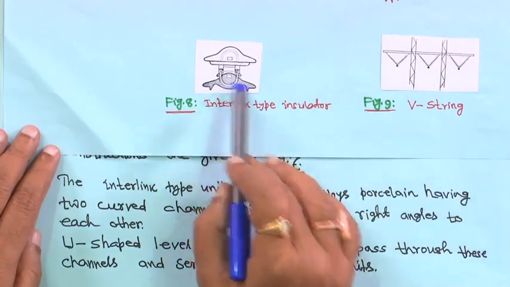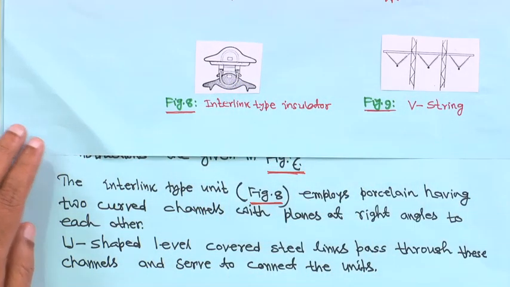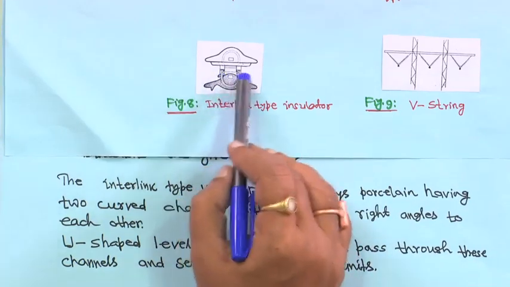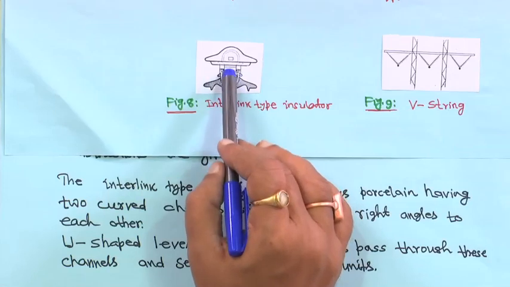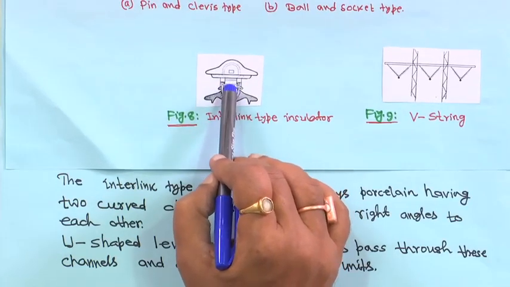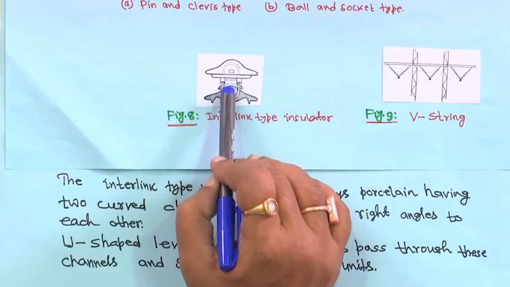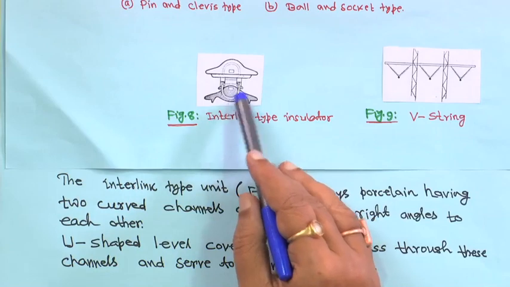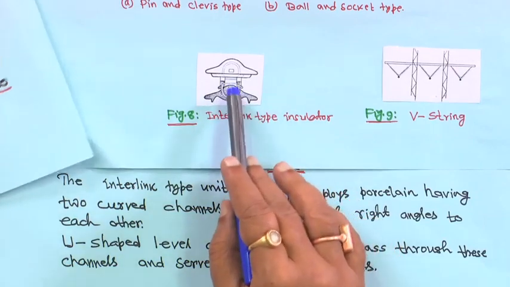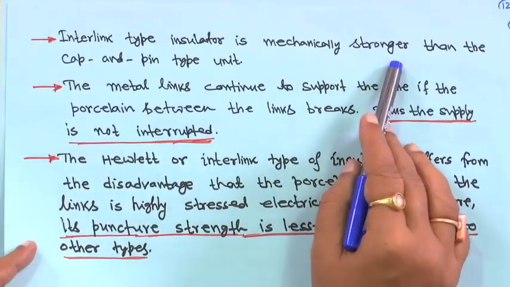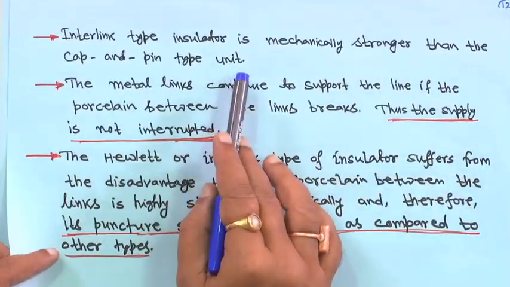So, this is actually the interlinked type, but what will happen is that the interlinked type unit employs porcelain having two curved channels. There is insulating material between these curved channels, and there will be high electrical stress on this, right. That is another disadvantage of this one, that between these two, the insulator material will be highly stressed. Therefore, the interlinked type insulator is mechanically stronger than the cap and pin type, that is correct,